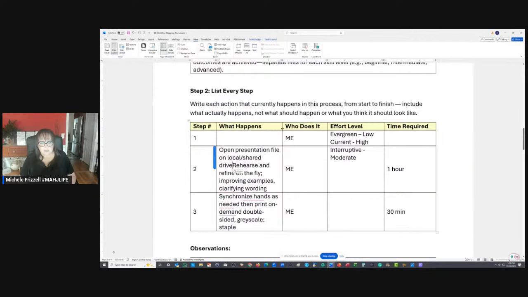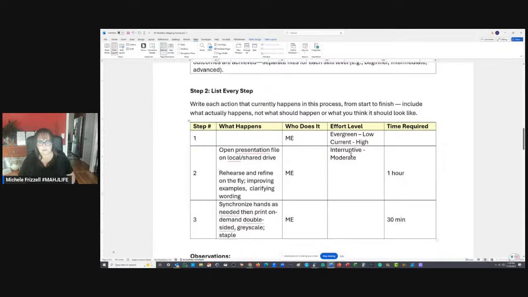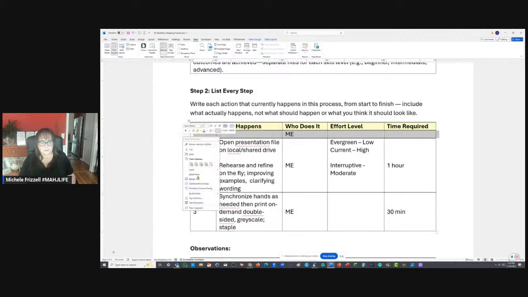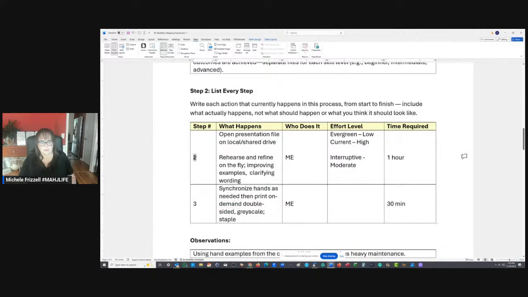So we don't need to make it look any more difficult than it is. So really, it's like this. This is an easy one, but I do think that you could streamline.